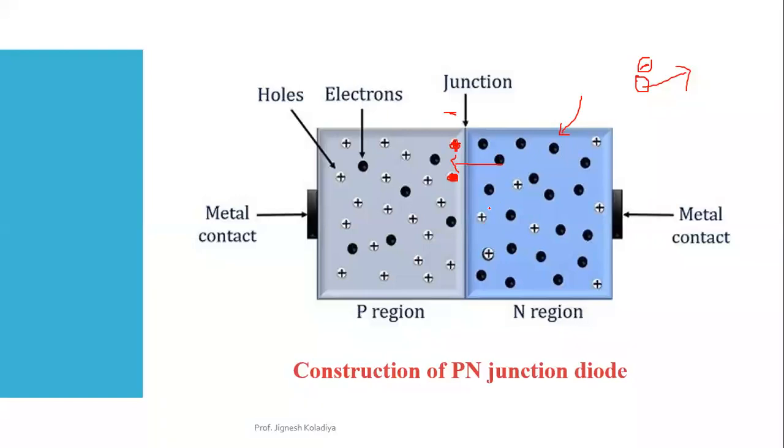So what happened? Here a deficiency of electrons is created, meaning it will create one hole in the n-type region. That means the hole is having positive charge. So here positive potential is developed. The movement of electrons continues till the level of equilibrium is reached, because once the negative charge is developed over here, suppose one more electron is trying to come on this side. The electron has negative polarity, and here also negative polarity is developed.